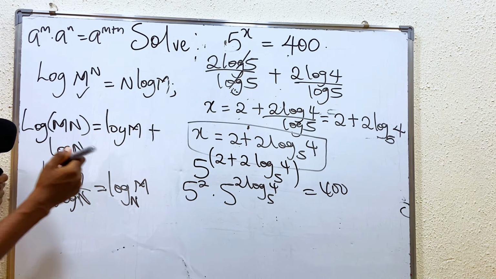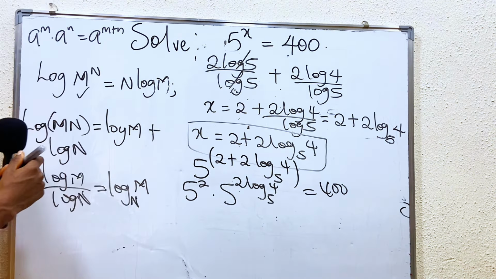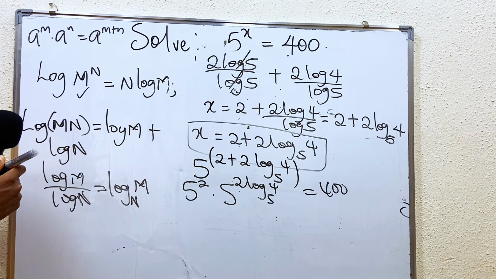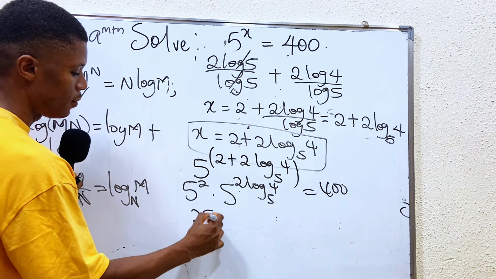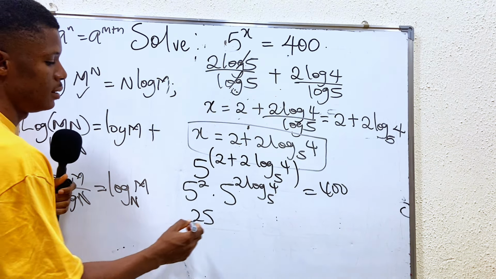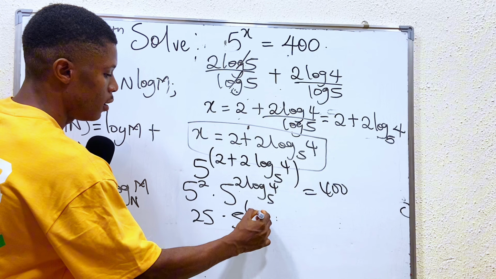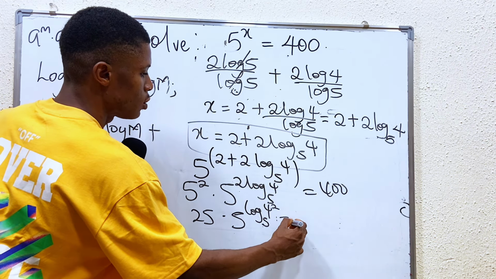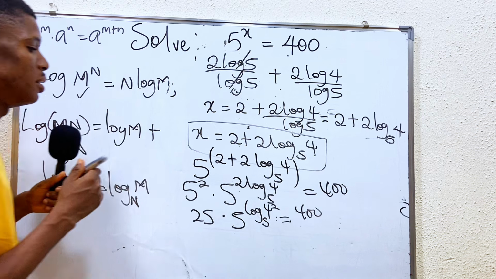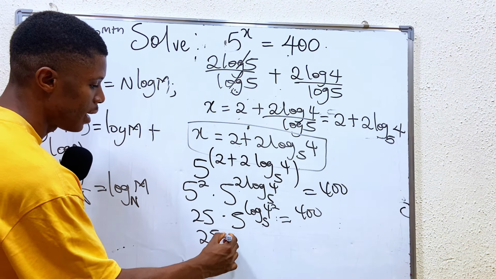We are going to use this 2 to multiply this, to raise 4. So 5 squared is 25, we have that already. Then times 5 to the power of log base 5 of 4 squared. That's what we want to verify. That will be 25 times